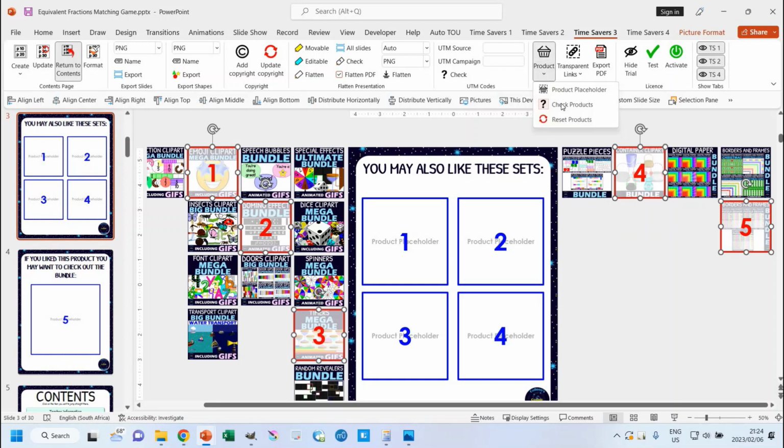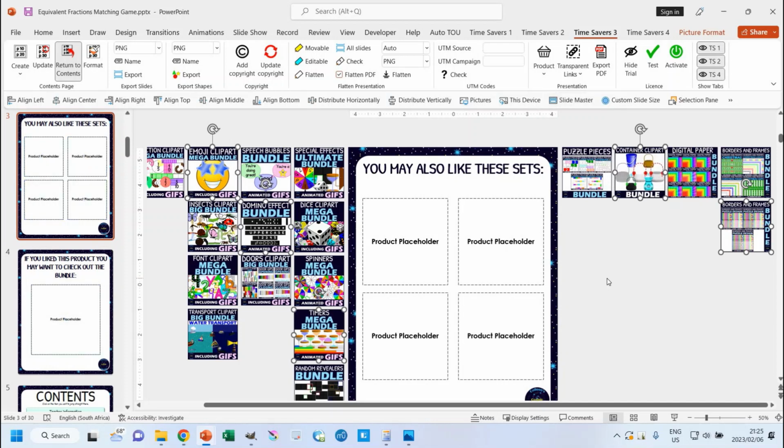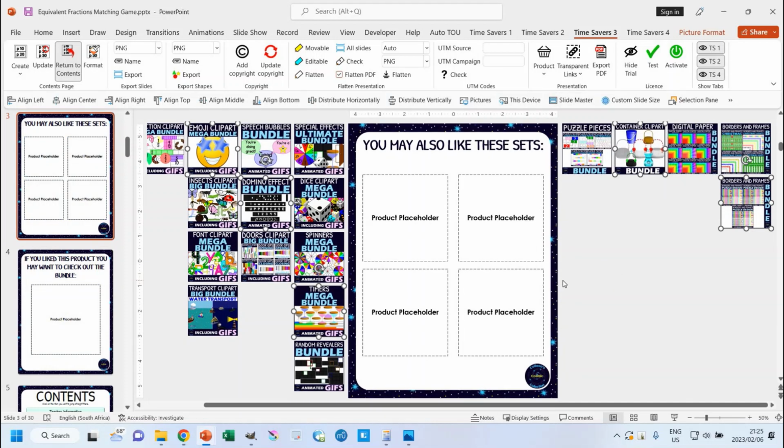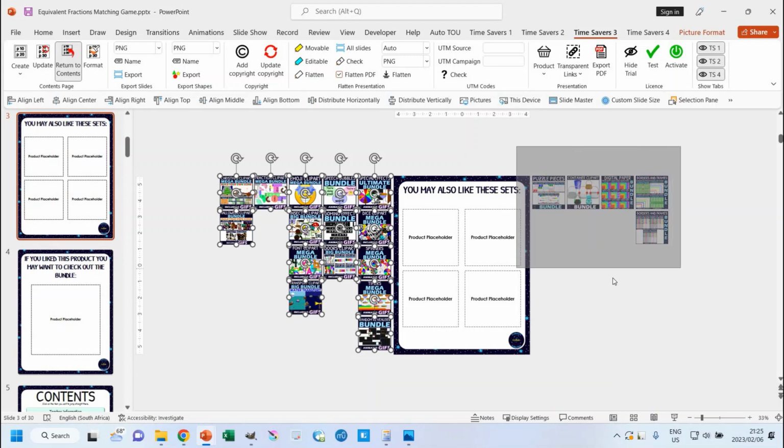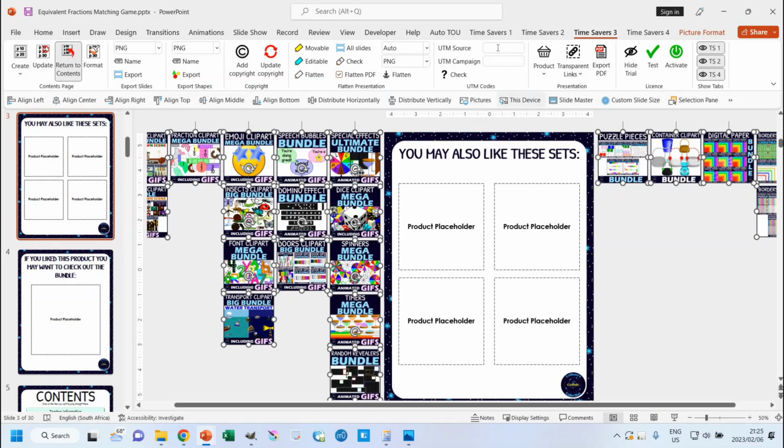I'm going to uncheck this, and now I want to go and add the UTM source. Now this is going to be very quick to do. I'm just going to go and select all of these, like that, and I will add the UTM source to all of them at the same time. So now this would be the name of my product, or whatever it is. So I could say, in this case,